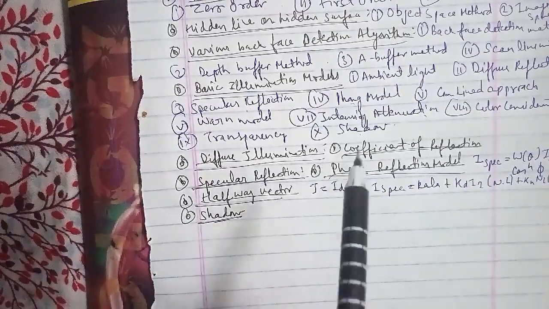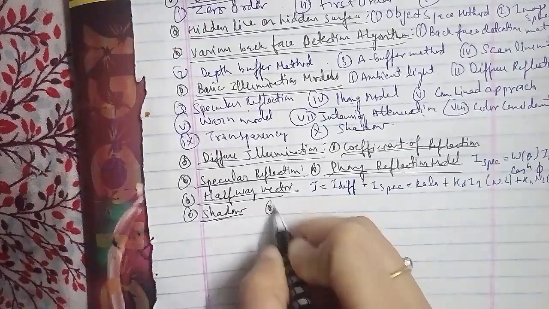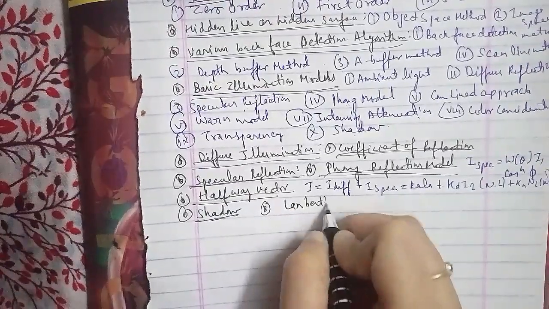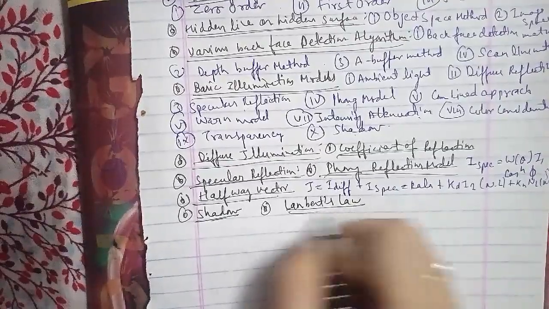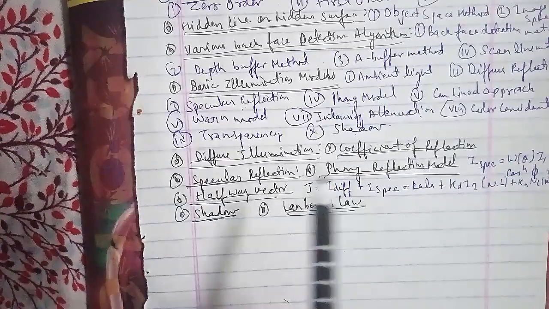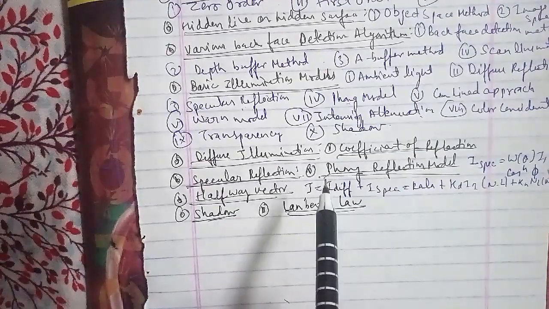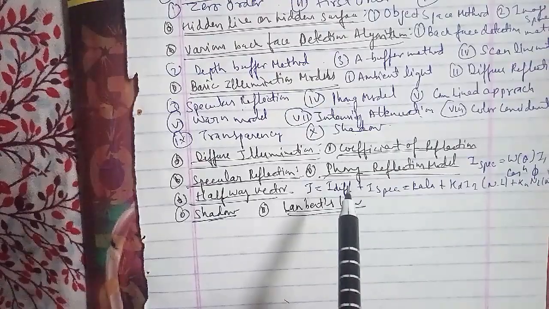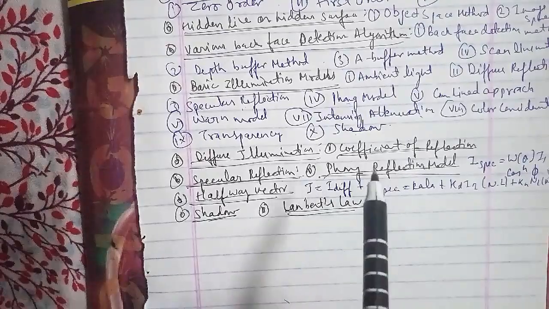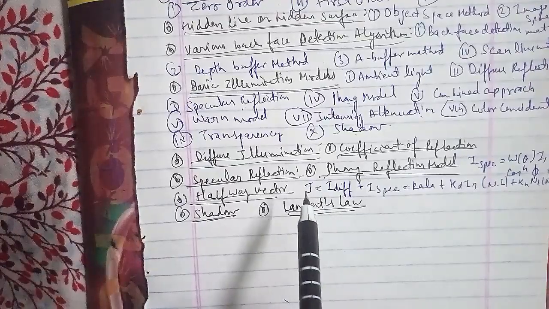The technique of using a minimum number of intensity levels to obtain increased visual resolution is halftoning. The other question: depth field and intensity field are the fields of dash. The depth field and intensity field are the fields of the A buffer. The answer is A buffer. The other question: a scanline method of hidden surface removal is another approach of dash. The answer is image space method. The scanline method of hidden surface removal is another approach of image space method.